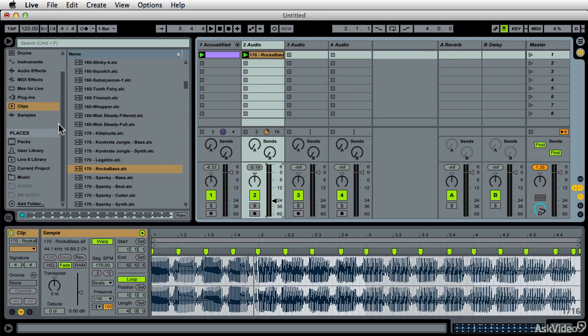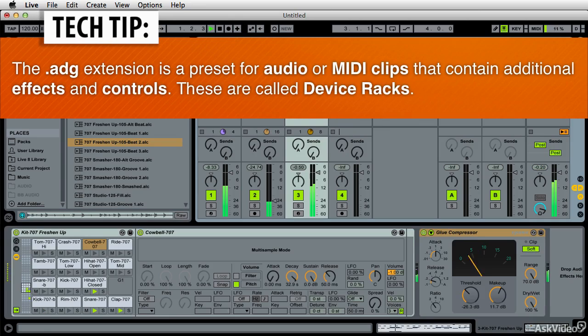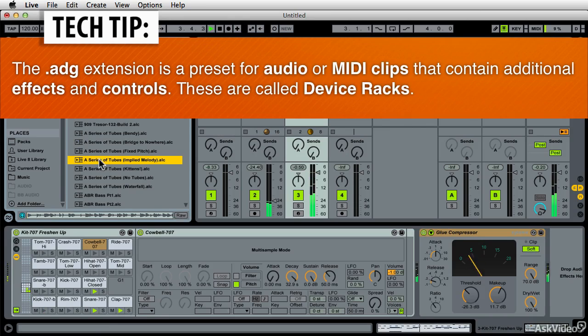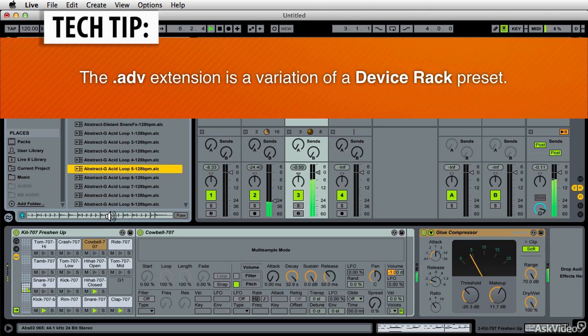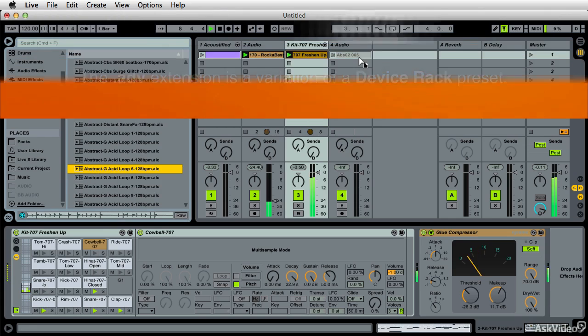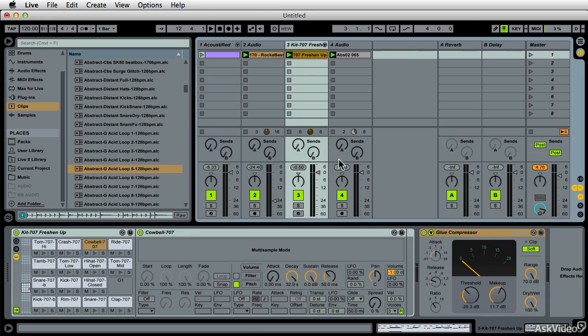okay, what you're going to have to do in your install is just get used to the difference between what's what. Okay, so these are clips. In the next video, we're going to understand